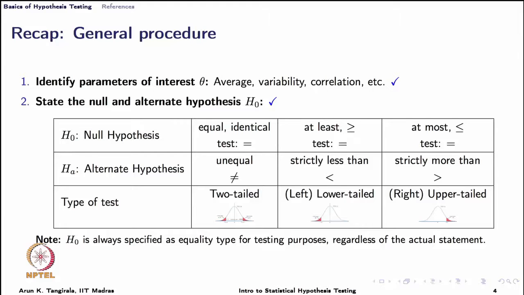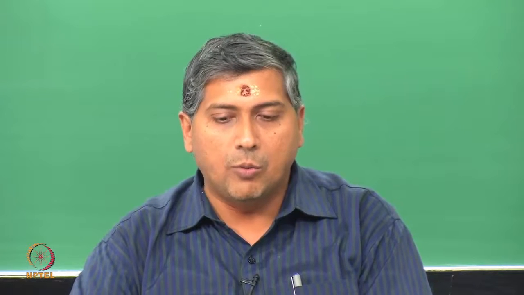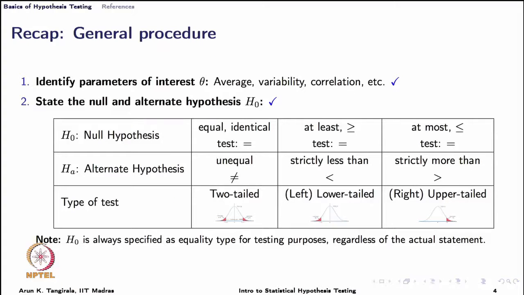It involves the testing of statistic to the left and the right of the postulated value, and you have critical regions on both sides. Now, when it comes to the other two situations, the critical regions are either to the left or to the right, depending on whether you are looking at a lower tailed or a left tailed test, or a right or an upper tailed test. In these two situations, the alternate hypothesis are strictly less than and strictly more than naturally, because the null hypothesis is of an at least type and the alternate hypothesis should essentially complement the null hypothesis.